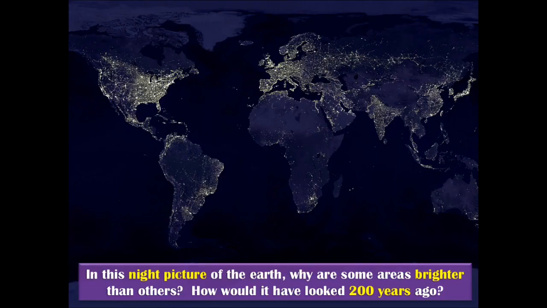This is the last picture we're going to be looking at. This is a night sky picture taken with a satellite, and it tells us some things about the Earth. If we look at and we ask the question, what is the why of where? Why do we see lights brighter in some places than other places? I want you to think about that. Think about why. Take a look at Los Angeles. Can you point it out on the map?